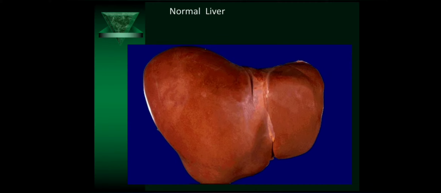So the venous supply is from the portal vein, and this portal vein brings the blood from the intestines and spleen, and the arterial supply is from the hepatic artery, which arises from the celiac axis. And this dual supply provides sufficient protection to the liver against any infarction. So that is why we don't see infarction of the liver.